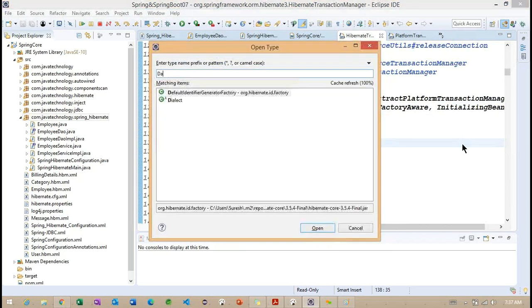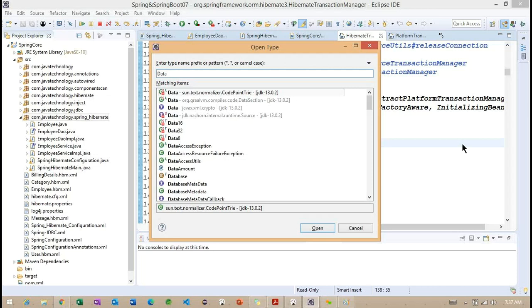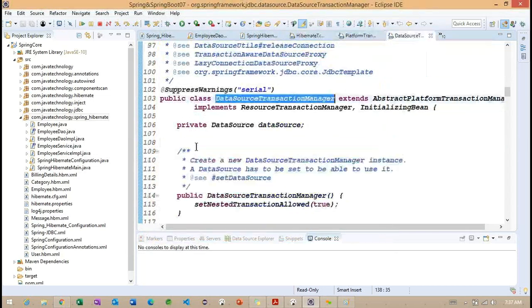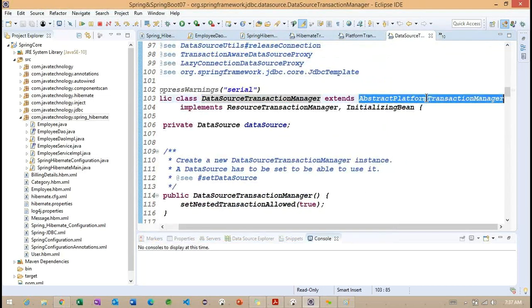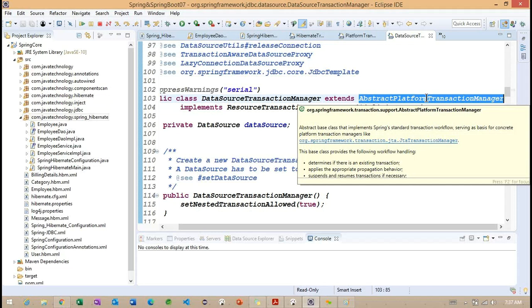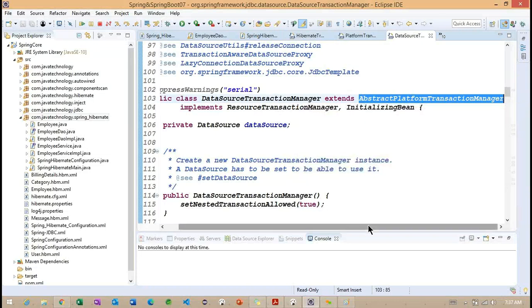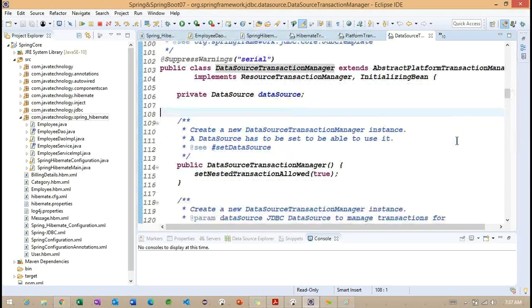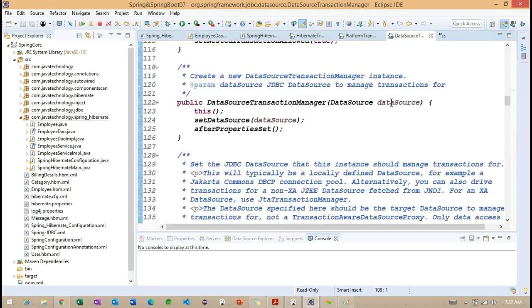Now you can see if I open another one, called data source transaction manager, and Hibernate transaction manager, again we are working with the abstract platform transaction manager. The abstract platform transaction manager is what implements the commit and rollback methods. But with the help of this data source transaction manager, we can work with JDBC related information.